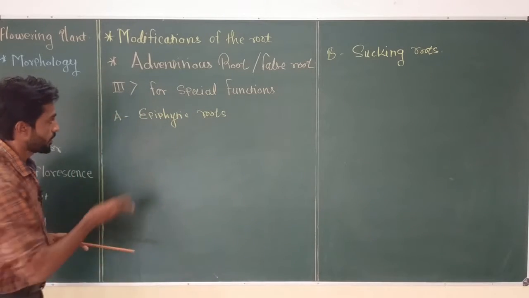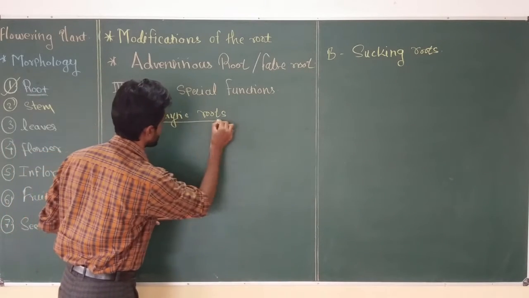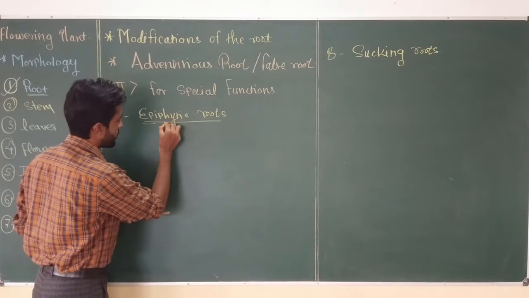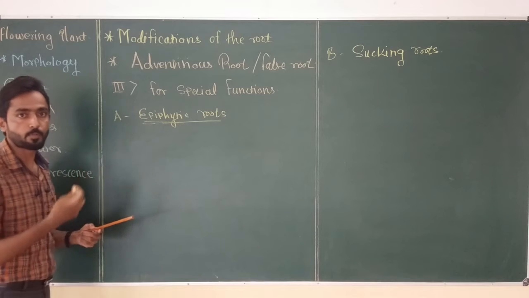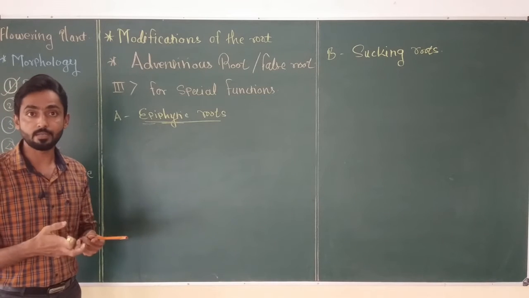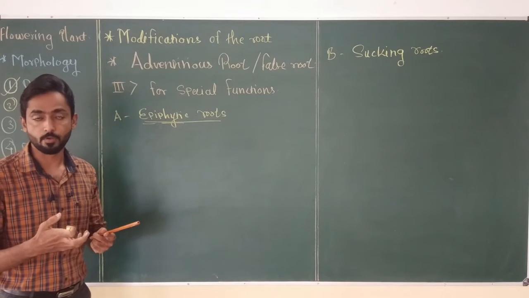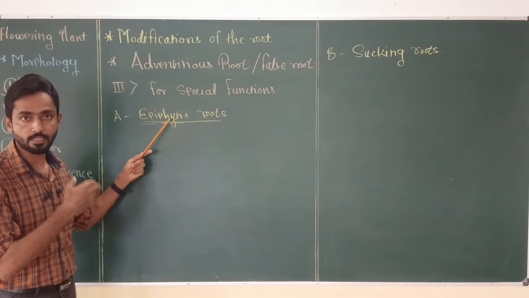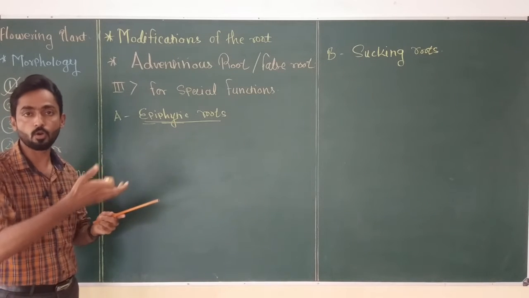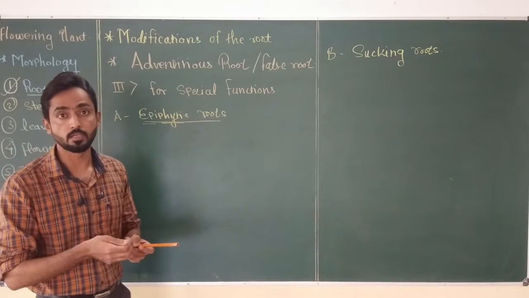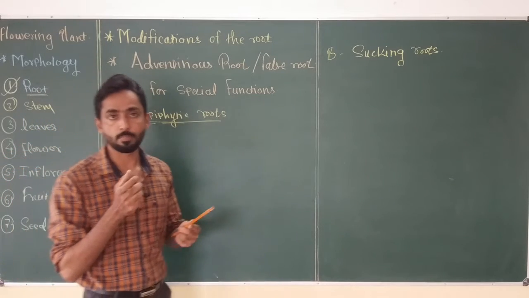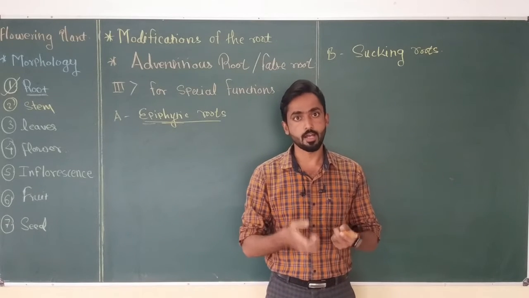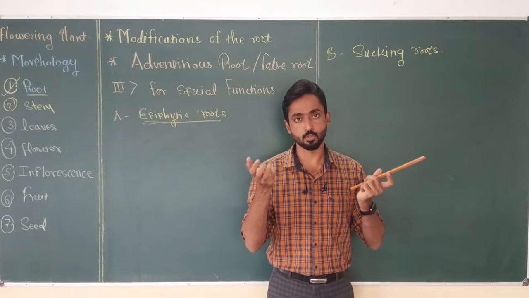Okay, so first we are going to start with epiphytic roots. The name itself suggests it: epi means above and phytes means plant. This type of root system is generally present on big trees. That means the small plants have epiphytic roots and these plants directly grow on the horizontal branches of the big trees. In an evergreen forest, the big trees grow so large and their canopy is so thick,